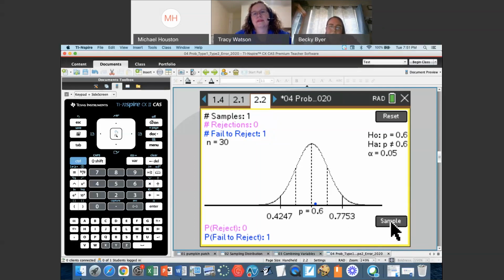So instead of erasing each time they take a sample, now Tracy's up to 5 and she's got roughly a 20% rejection rate. So if she pauses here, what do you guys think? Just looking at the 10 samples she's taken, do you think the true population proportion of green is really 0.6?